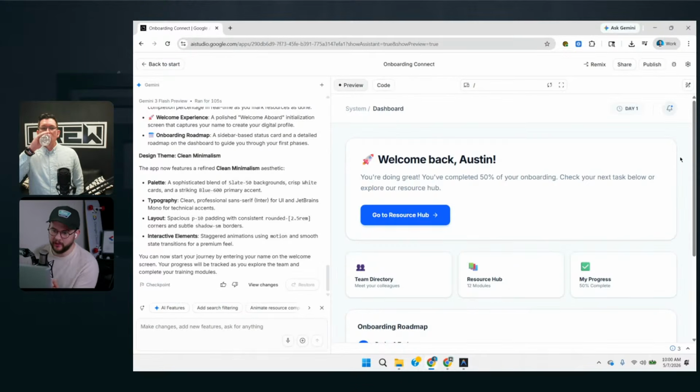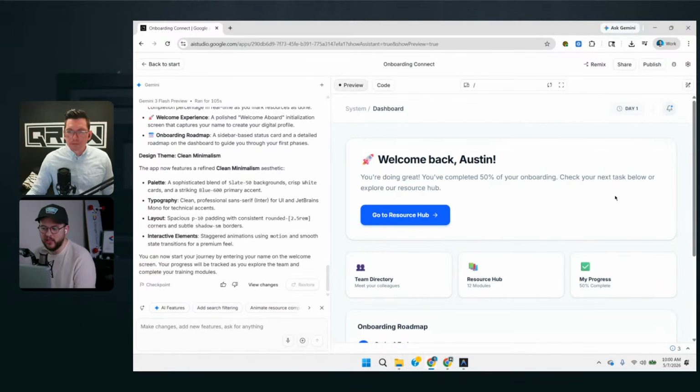Another cool thing is that there's a feature all the way in the bottom left that says AI features, and it will spin up a Gemini API key for you. And it will build out the feature you want. So if you wanted to have an AI summary of each of the different resources, you could have that automatically in the application, and it would spin up that key. Essentially, whenever you're building inside this platform, it's spinning up authentication, database connection, and a Gemini